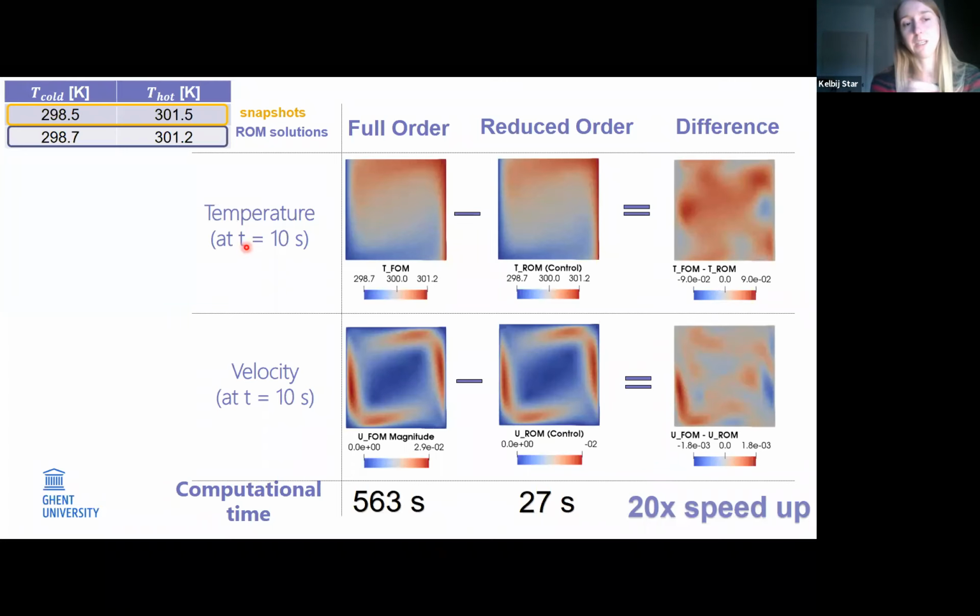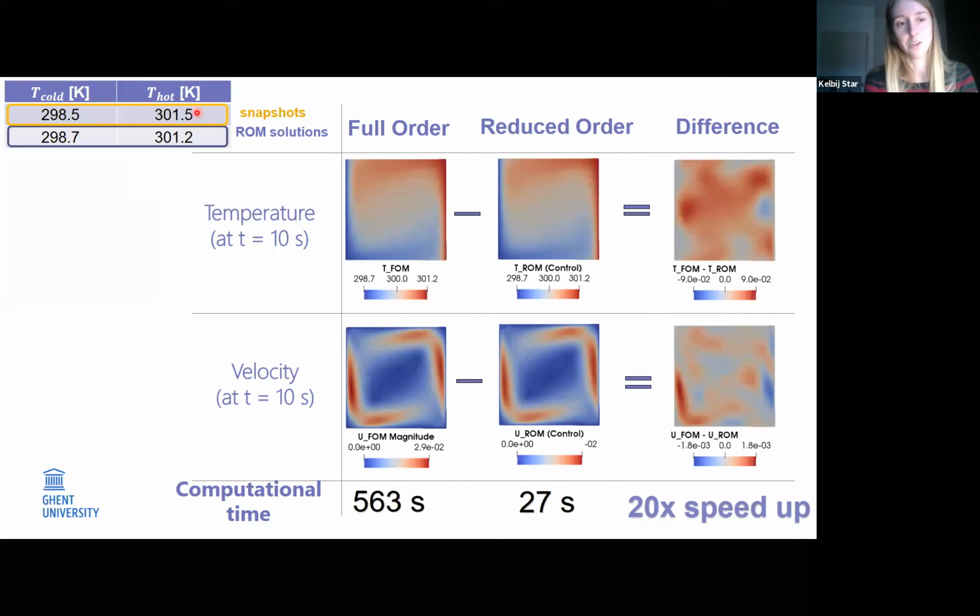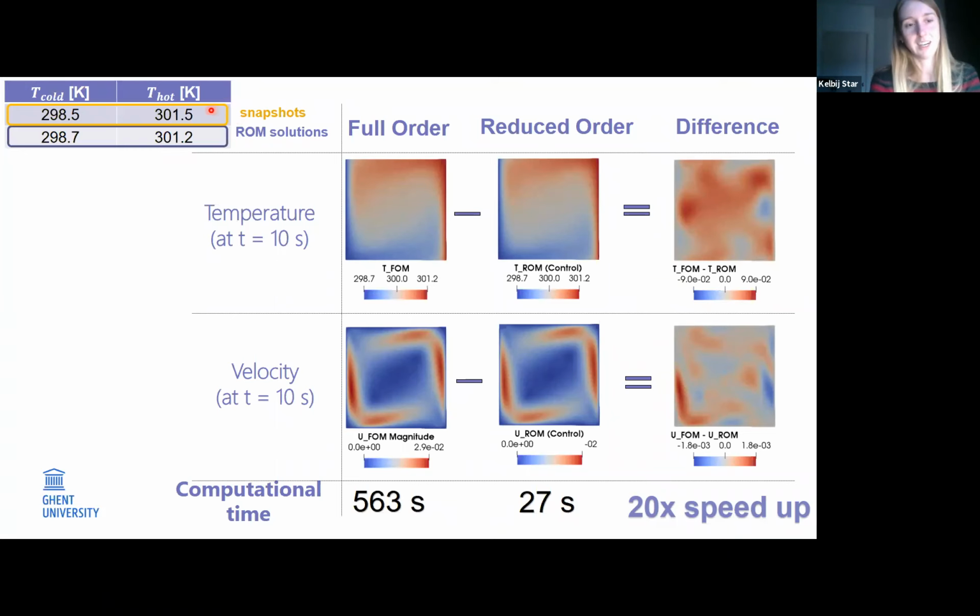But the solution would be, of course, to include more snapshots of different parameters to train it for. But there I will always think about what you need your reduced order model for. If it's just for a few values and I need a few sets to collect snapshots, then it doesn't make sense to develop a reduced order model using, let's say, 5 sets of snapshots. But if you need 100 or 1,000 simulations and all values within a range of a few Kelvin, then it could make sense to just